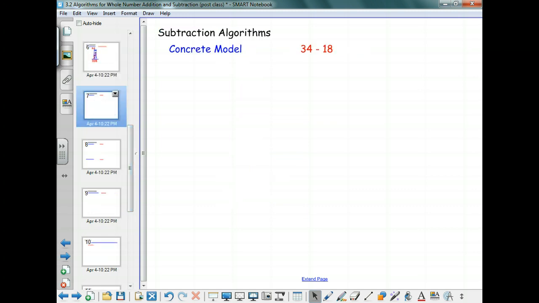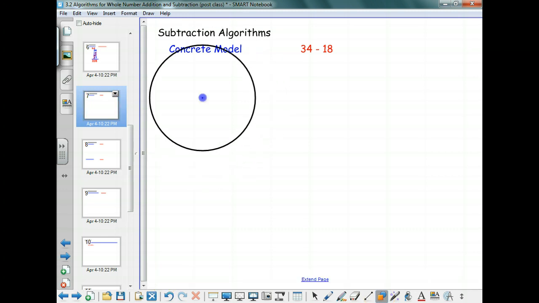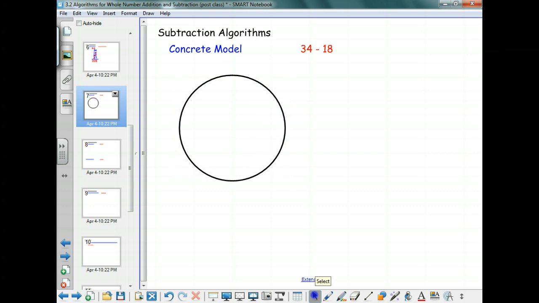All right, first we're going to do the concrete model. We did a concrete model of these last time with addition. We're going to do a concrete model with subtraction. So to start with, let's see, where's my circle? To start with, we're going to make my circle, and I'm going to put 34 in it. So I have 34 items in my circle, and I'm going to do that with longs and units, just like we did last time. So 34 means I'm going to have 3 longs